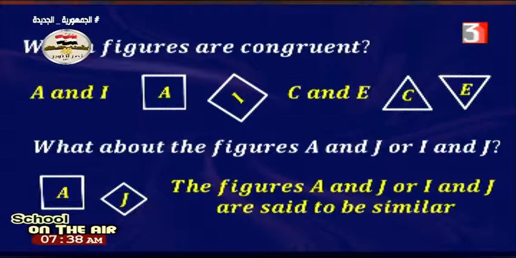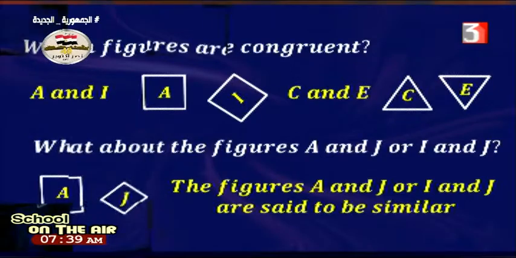Give me an example. Yes, of course, like you and your picture. The two shapes are the same. Your picture is like your own shape, but in different size. The picture is small and you are the big one. So in this case, we can say that you and your picture are similar to each other, look like each other, but in different sizes. So we can say that